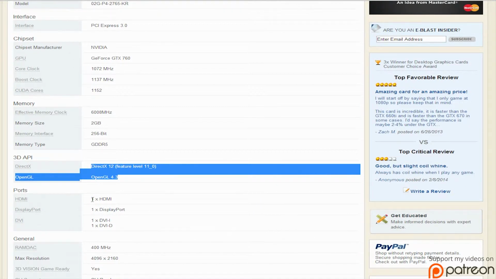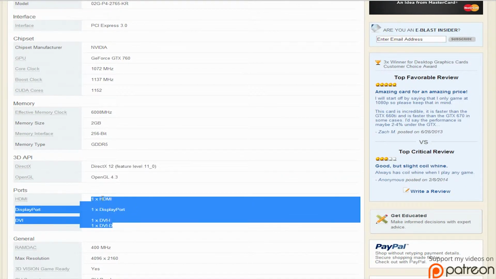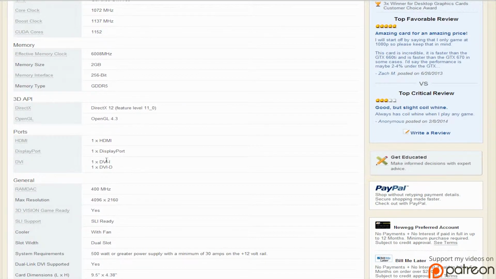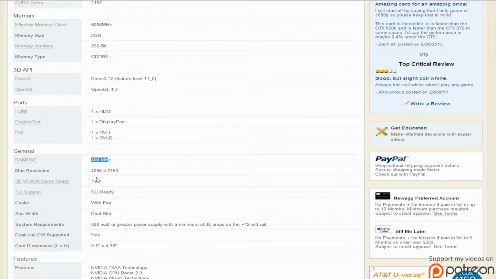And then here's another big deal: the ports. So you have one HDMI, one DisplayPort, one DVI, one DVI-D. So these are 2 different plugs here, DVI and DVI-D. And then here's the RAM, what the RAM clock is, the max resolution, if you could do 3D, and then